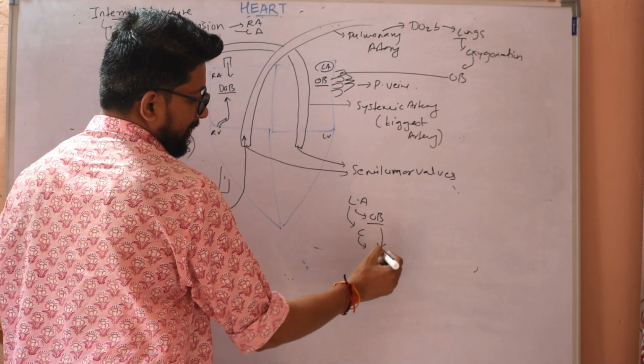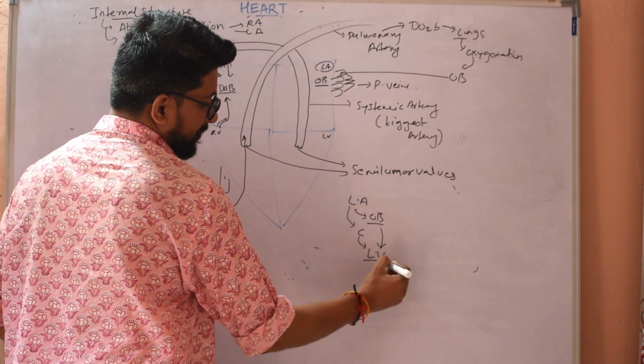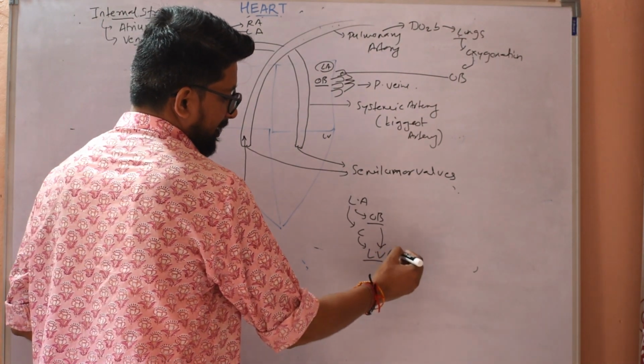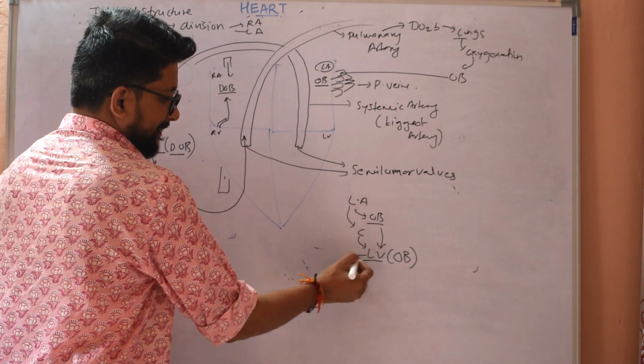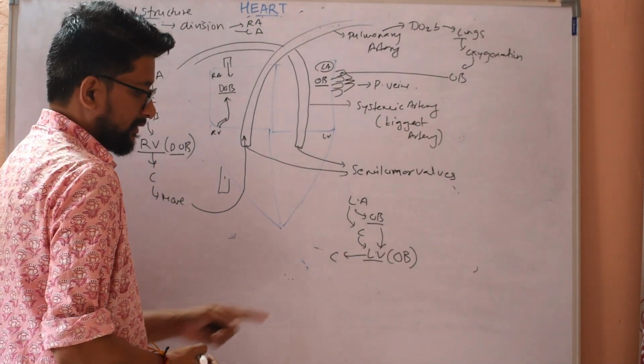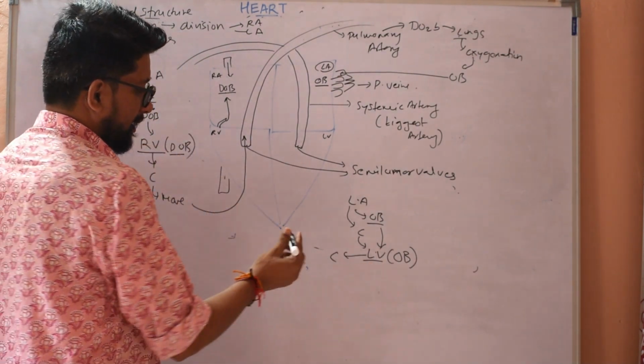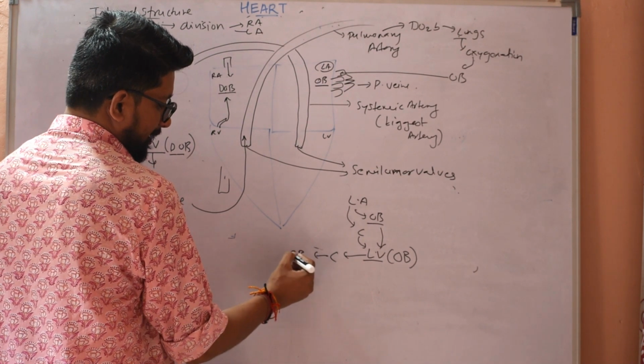this oxygenated blood will move inside the left ventricle, and this left ventricle will be filled up with oxygenated blood. When this left ventricle will contract, जब left ventricle contract करेगा तो ये जो oxygenated blood है वो मूव कर